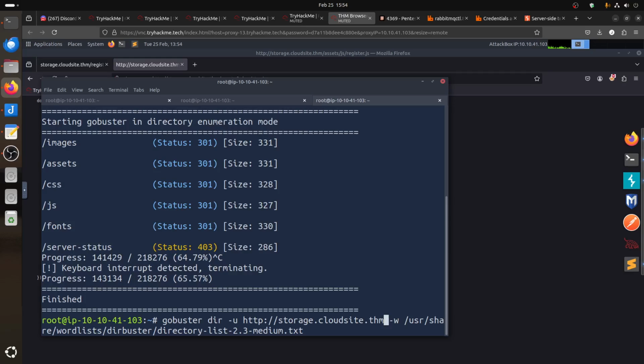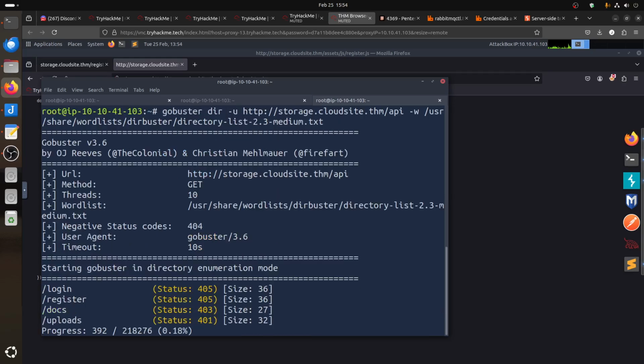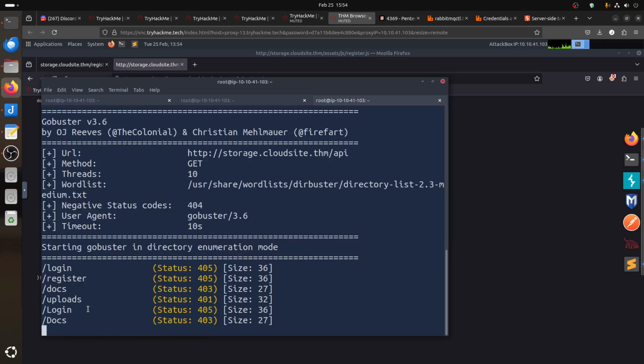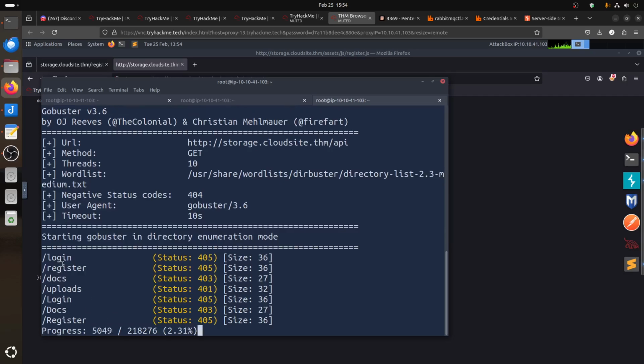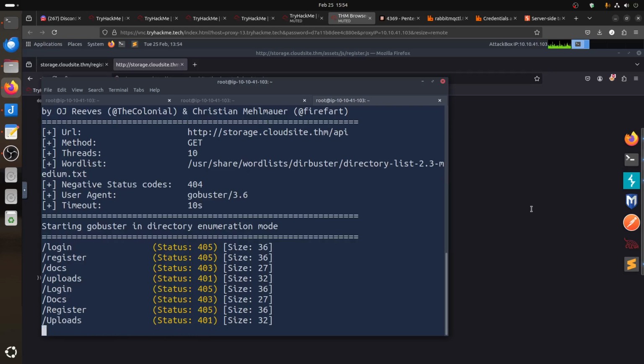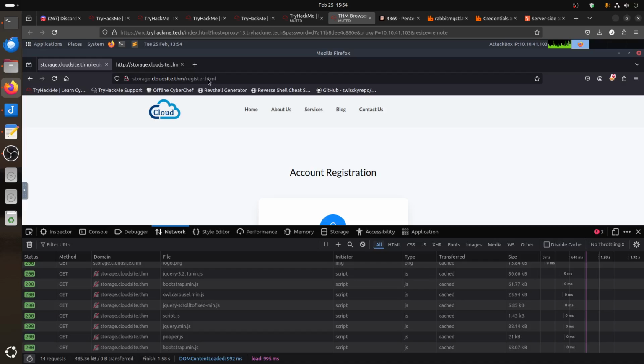Can we get the API endpoint? And interesting, we have a login, register. Login we know, register we know. We know there's a doc and we know there is an upload. That's interesting. So if I come back here and just take that one,